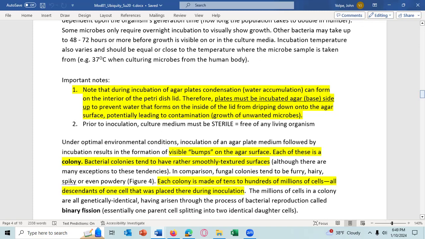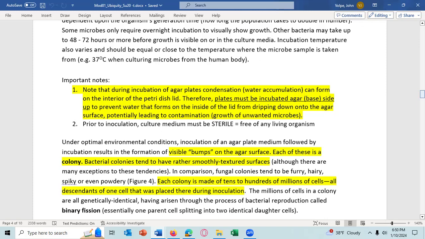If the water drop were to come down the edge and then come into the plate, that could contaminate the plate. That likely would contaminate the plate because the edge right here is not sterile. It is sterile on the lid though. And so if the drop comes down, most of the time it will not contaminate the plate.